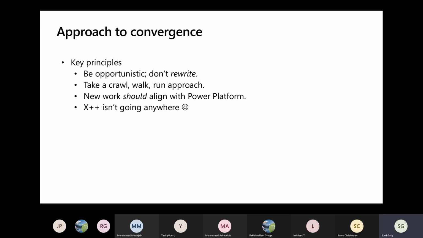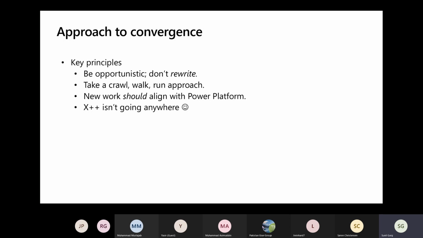The third principle basically is not just for internal to us at Microsoft, but this will also apply to all of you from an ISV perspective, partners perspective, and customers perspective, which is anytime somebody thinks about building a new feature or making a new customization, then understanding what is coming up from a convergence standpoint will certainly help and should be taken into account when decisions are made from a design perspective or from a customization approach standpoint, because we definitely want to avoid